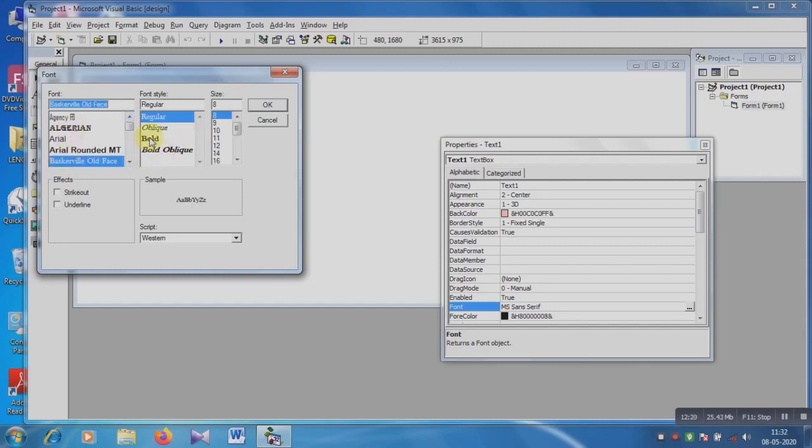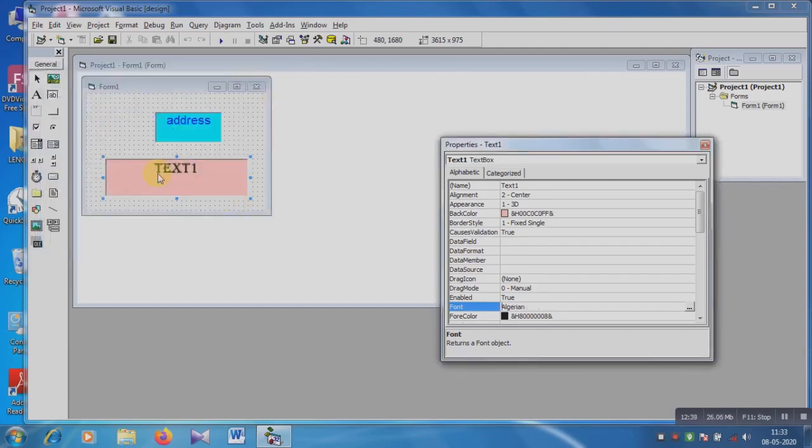Then font, using this you can change the font style and font type. I am choosing this, and suppose Algerian. Okay, then regular and then size 18 I am choosing, and okay. So text1 is changed to Algerian style.